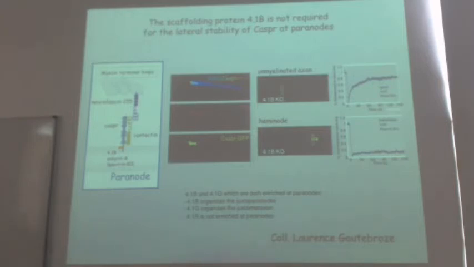So now I will show you some data about the formation of the juxtaparanodal complex in this cell culture. Well, the juxtaparanode has been well studied, for example, in the sciatic nerve or in myelinated axons in the central nervous system, but it's very difficult to obtain the clustering of juxtaparanodes in a cell culture system. So this is the work of Bruno Hivert, who set up culture conditions in which we can observe the